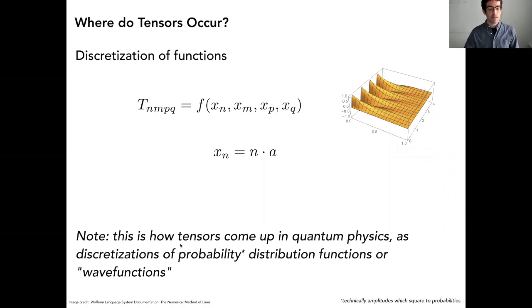And I just wanted to note, this is one of the primary ways that tensors come up in quantum physics. So if you're wondering what we're doing at CCQ upstairs, this is a lot of what we're doing: our function f is this probability distribution of a bunch of quantum particles moving around in 3D. And we're trying to represent and store that and then solve it in some kind of partial differential equation and do things like that. So we use this idea a lot implicitly.